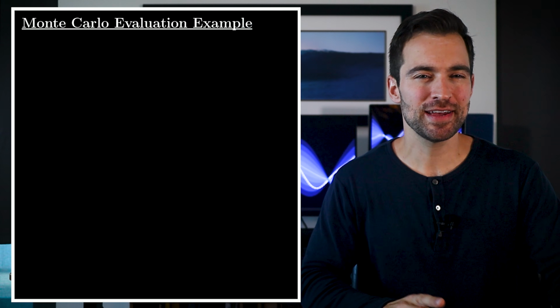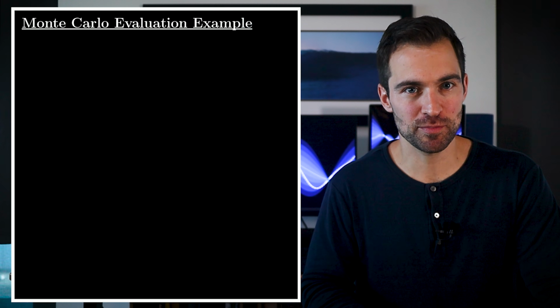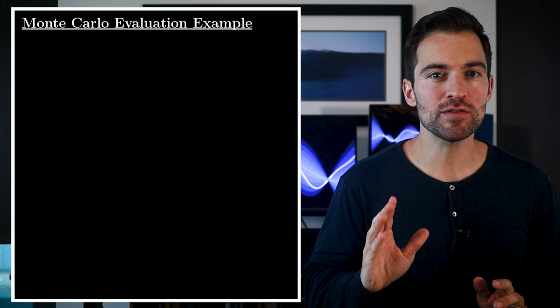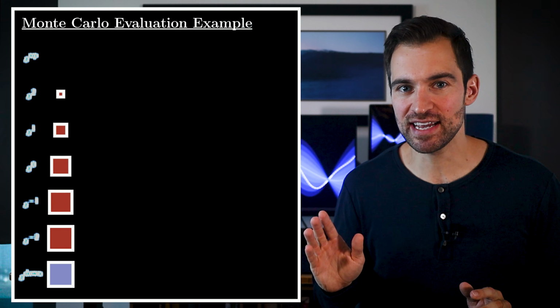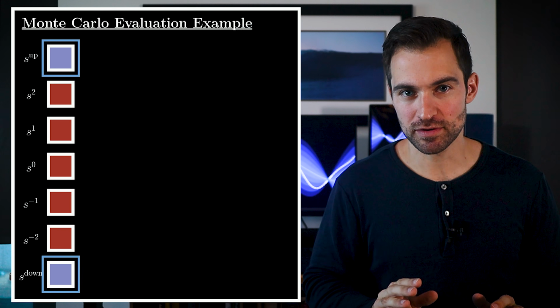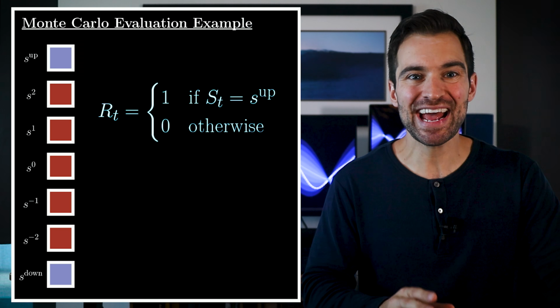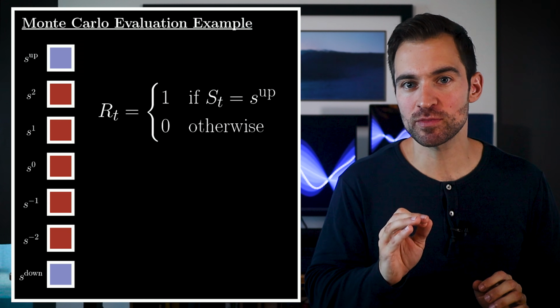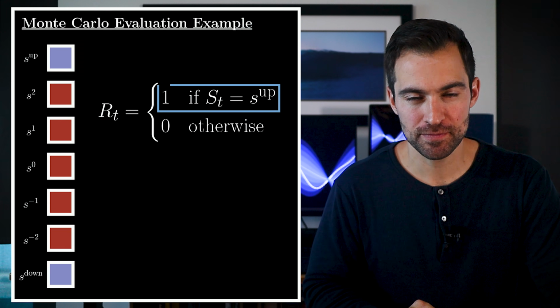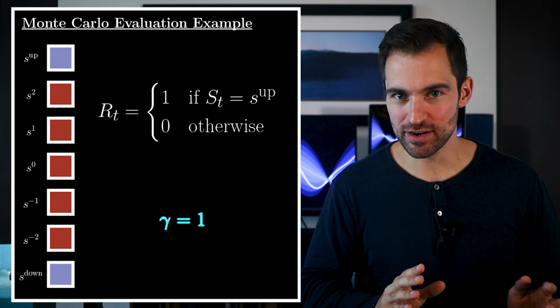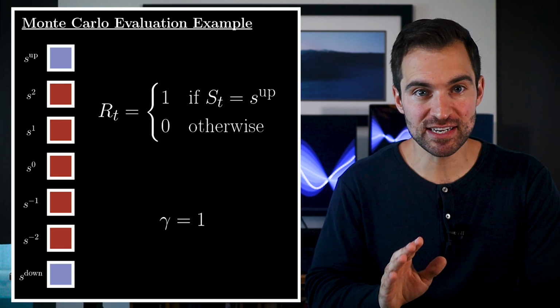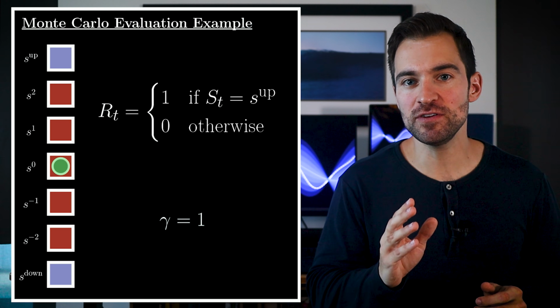All right, it's about time we do a multi-state example. This is example 6.2 from Sutton and Barto. We'll be looking at a Markov reward process with 7 states, 2 of which are terminal. All rewards are 0 except when transitioning to the upper terminal state, in which case it's 1. Also, no discounting. The initial state will be the center, and each transition is a 50-50 chance of going